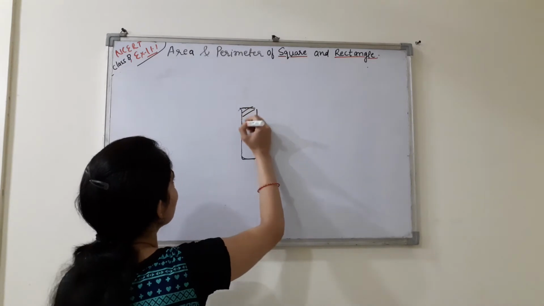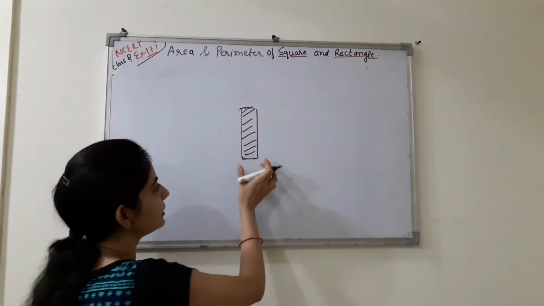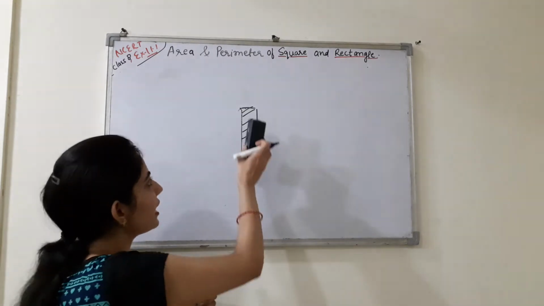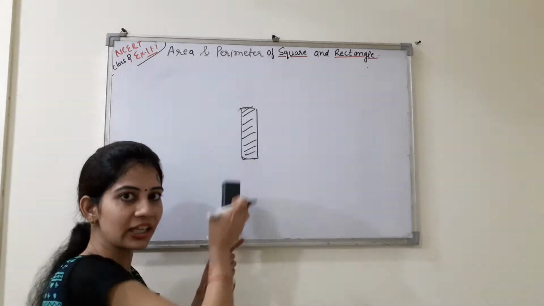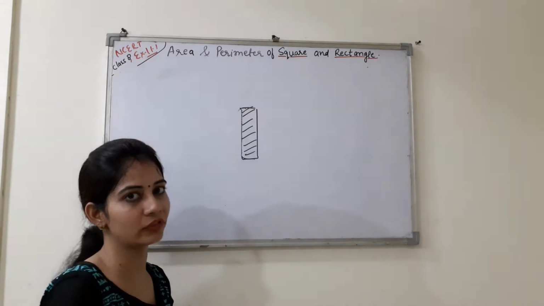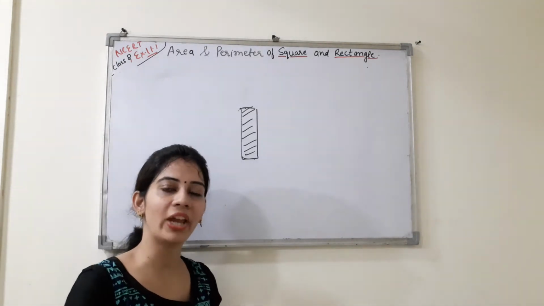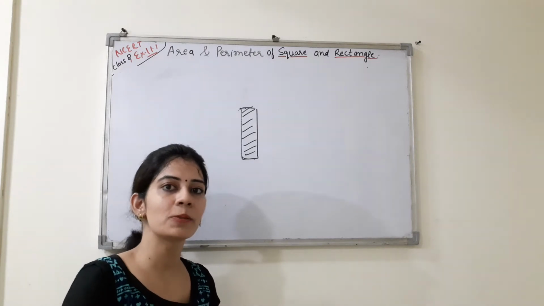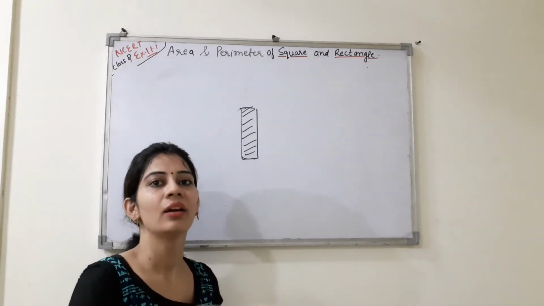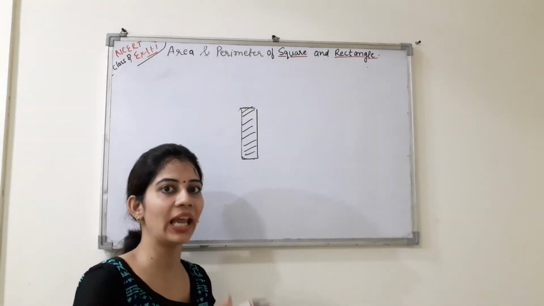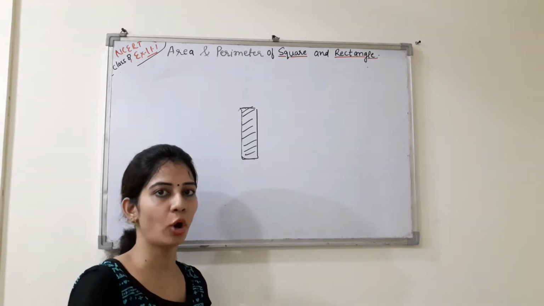The space occupied by this duster, right? कि इस डस्टर ने कितना स्पेस लिया, कितनी जगह ली इस बोर्ड पे, that is the area of this duster, right? So what is the area of any object or shape? The space occupied by an object or by any geometrical shape is the area of that shape or object,